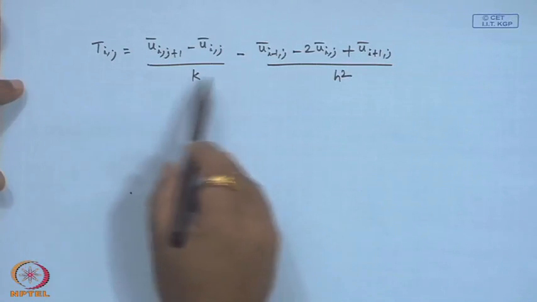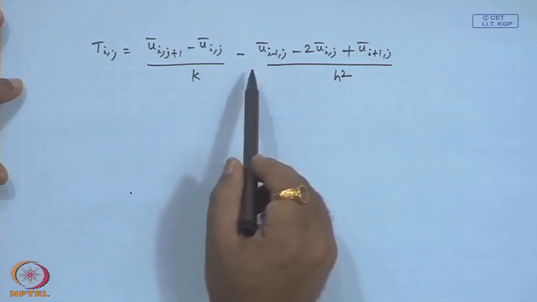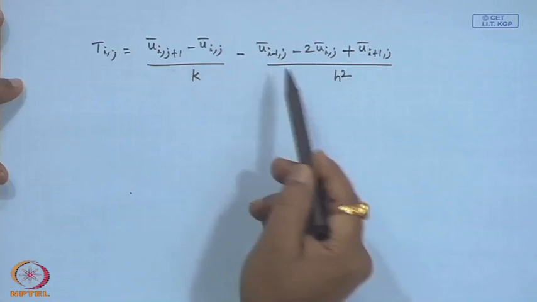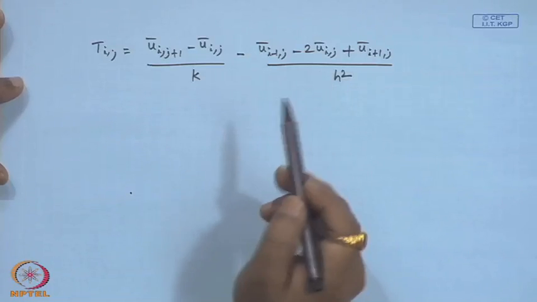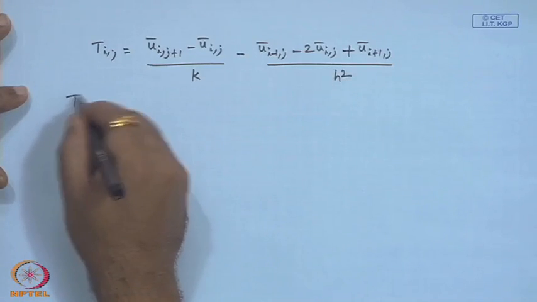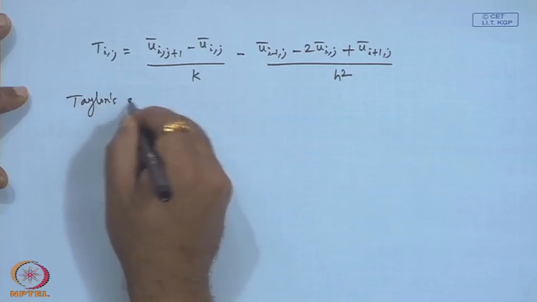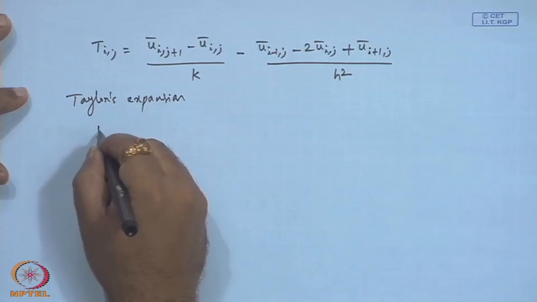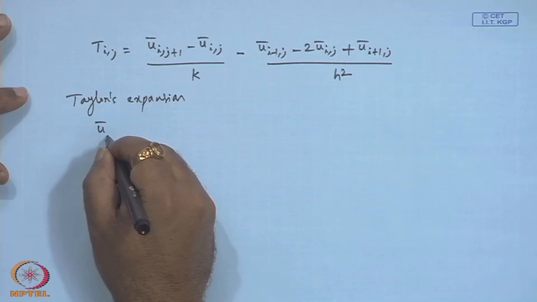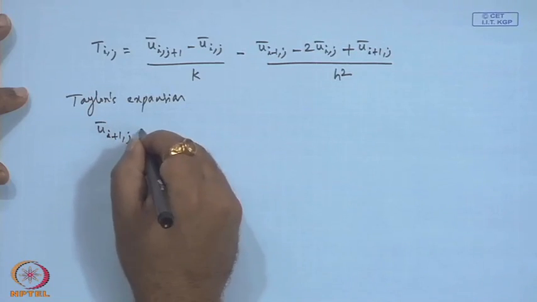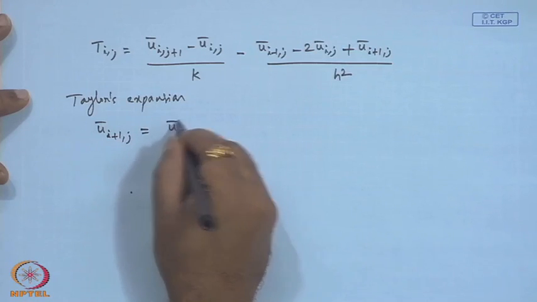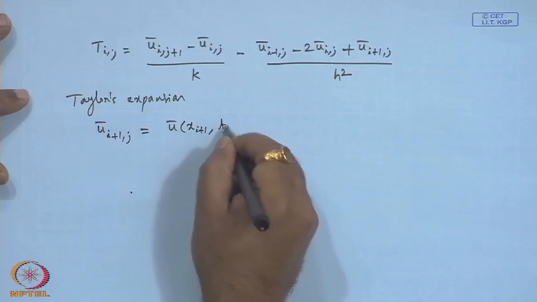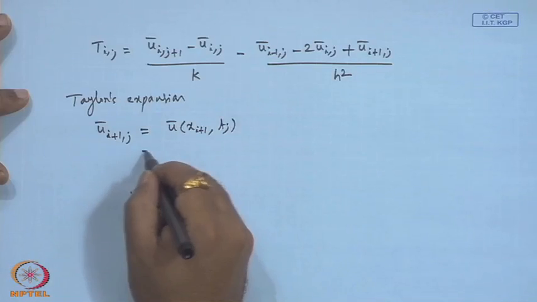Okay. So, I have considered the discretized version and replaced it by the true value, that is u bar. So, therefore, this should be the error. Okay. So, now we go for expansion as follows: u bar i plus 1 j is equal to, this is nothing but u bar of x_{i+1}, t_j. Okay. So, if we expand,